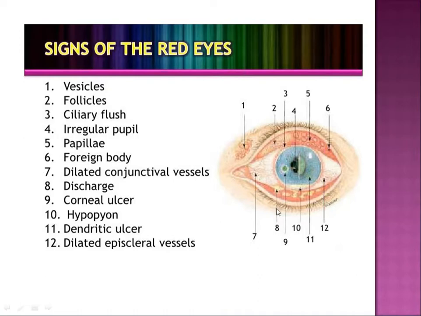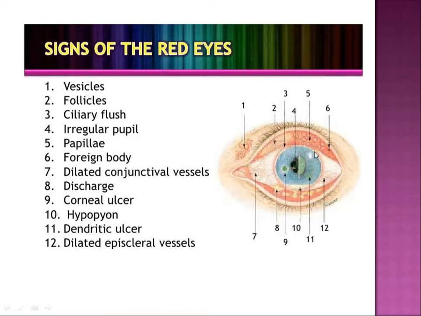Any of these signs can be associated, and each one of these signs will help us get somewhere in the diagnosis. First thing is, if you see any vesicles over the skin of the lids, it is seen mostly in herpetic lesions. Any herpes lesions can cause vesicles over the lid. So if you're seeing any vesicles, you can go in favor of herpes lesions and look for the typical lesions within the eye. Now, if you're seeing follicles, the follicles are seen mostly in case of viral etiology, viral conjunctivitis. In the conjunctiva, follicles are seen because of the viral reaction.